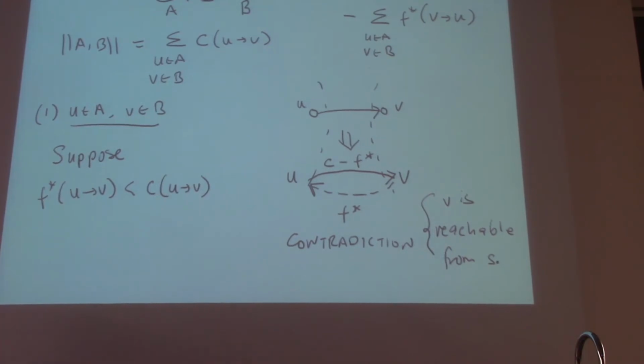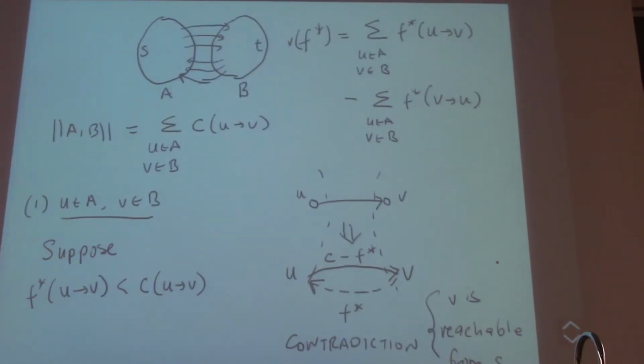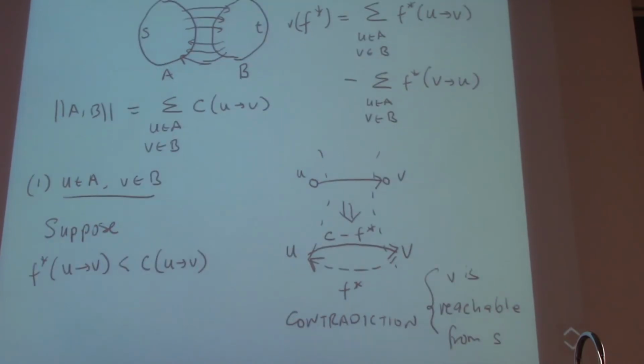The second part of what we want to show is that the second term up there, the subtraction term, is 0. And we're going to show it pretty much the same way, term by term. So let's look at this case now. Again, case 2. Again, U belongs to A and V belongs to B. Suppose F star V to U, so there's a real edge, is greater than 0.